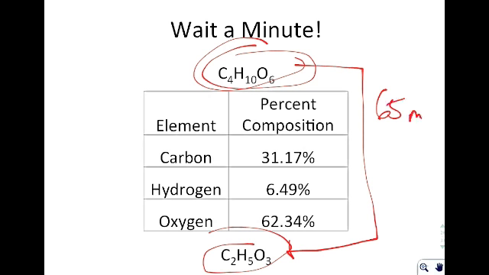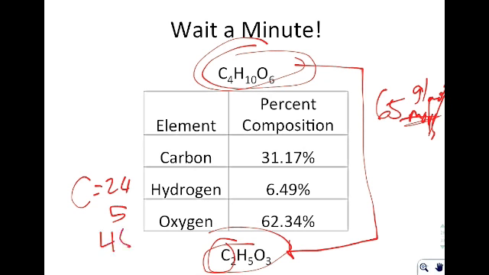this object has a molar mass of 65 grams per mole. If it were to do that, you would know carbon is 24, hydrogen is 5, and oxygen is 48. And if I did my math right, which I didn't, you would see that this ends up being the same number. And it's not 65, that was a bad example. But you have to have some other piece of information to figure out what the molecule actually